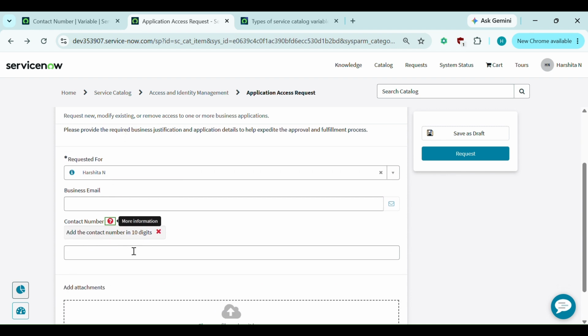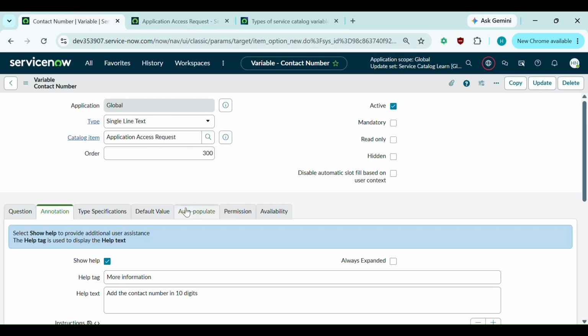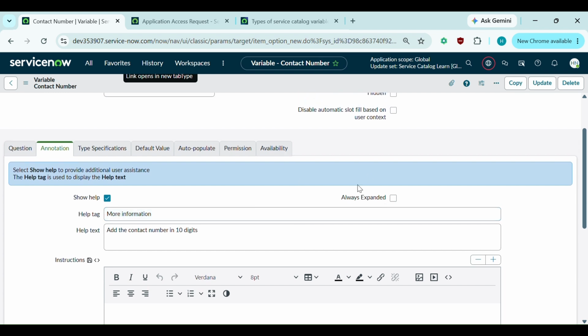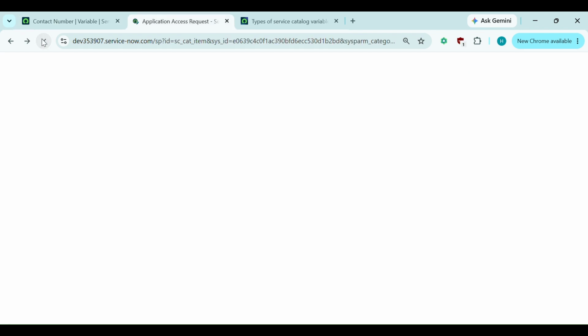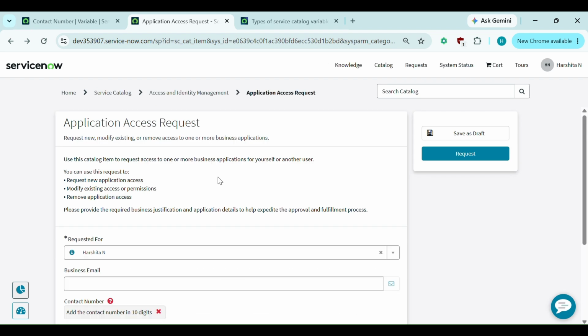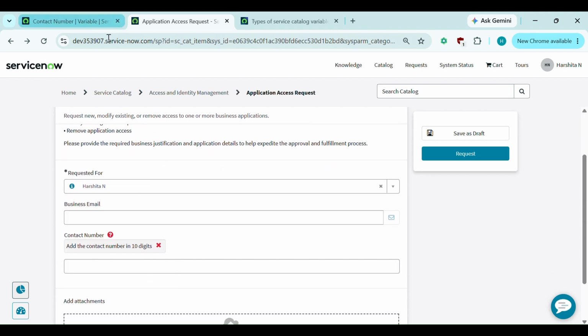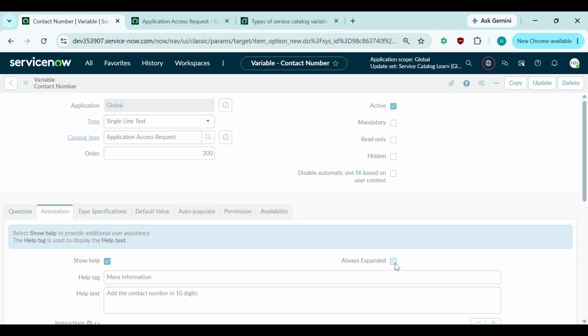We can see add the contact number in 10 digits. So let's also create a new field now. If you want, then we can keep it to always expanded as well. If we save it and go back to our catalog item, we can see that this is always expanded. So it is up to our choice if we want to keep it always expanded or not. Let's just disable it